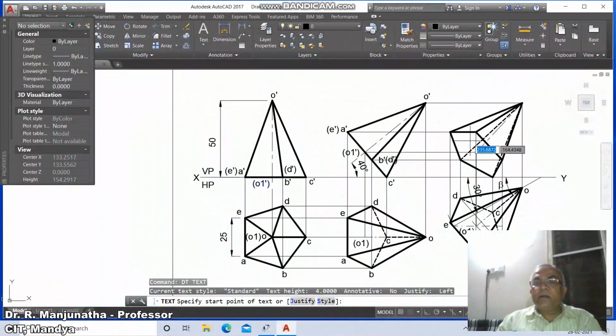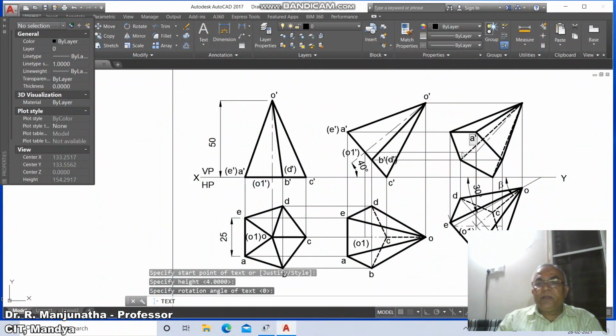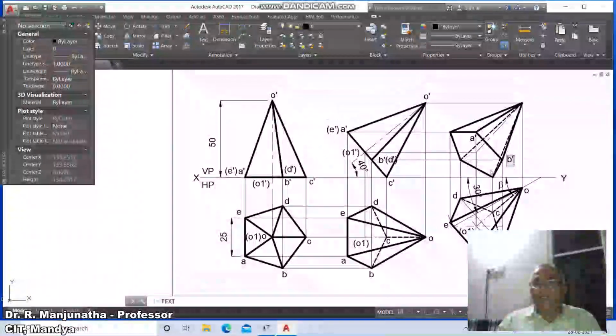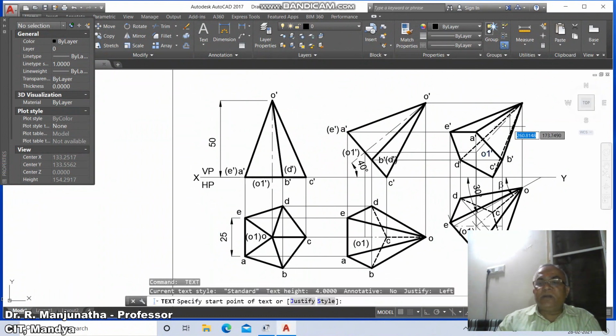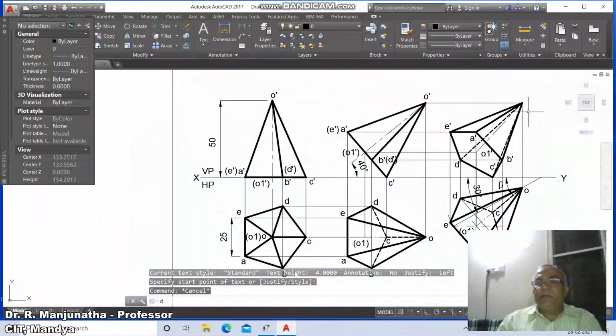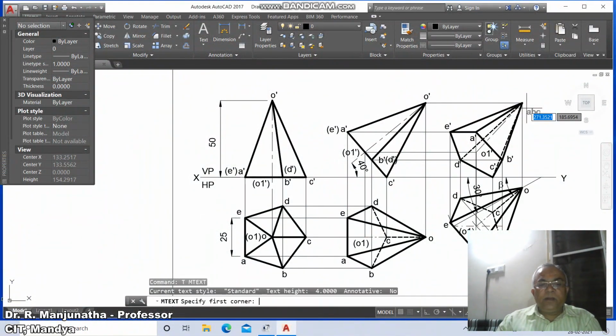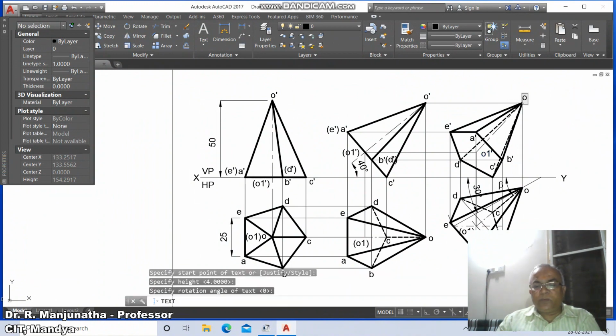Now this one will be a dash, this will be b dash, this will be c dash, this will be d dash, this will be e dash. Since a dash, b dash, c dash, e dash are visible, and o1 dash is on that surface, so it is visible. Then take D text, you take DT, select this, and take this as o dash.